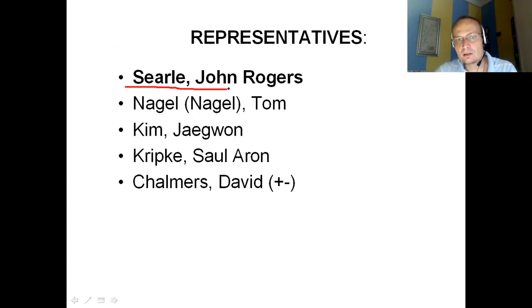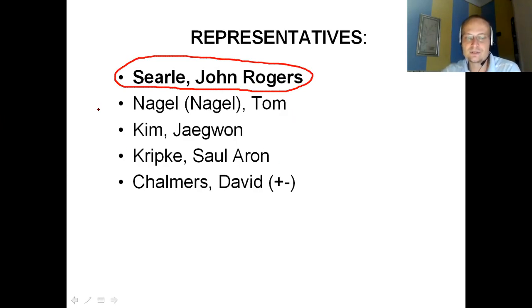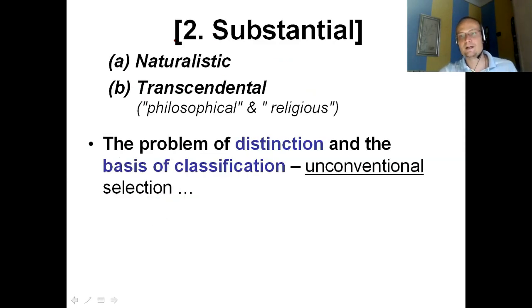And a very influential author here is Searle, John Rogers Searle. Among different authors here you see Kripke and Chalmers. Chalmers is, I think, a very interesting opponent for Searle, and we will spend some time explaining and studying the works of Searle and, of course, Chalmers too. Okay, finally,